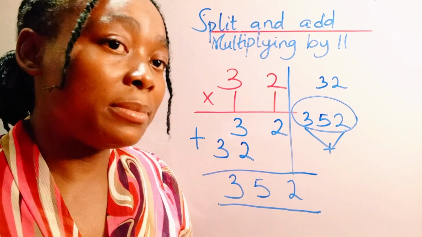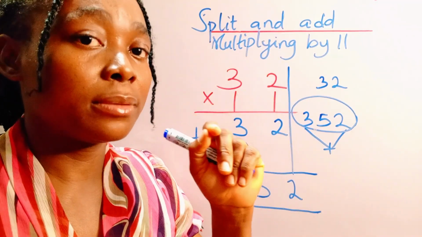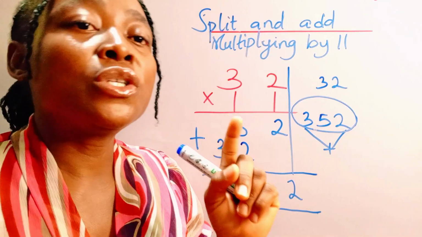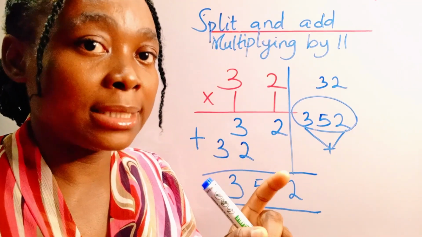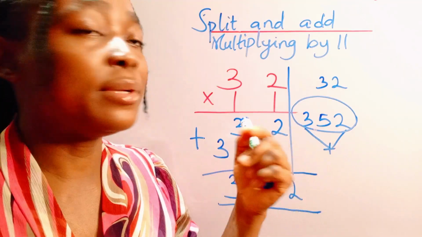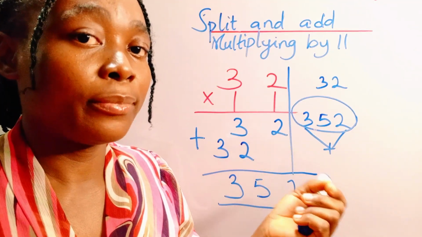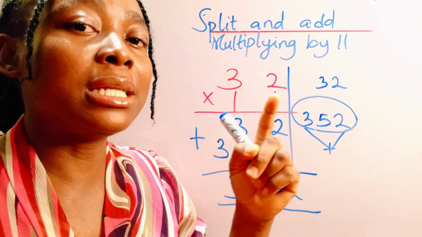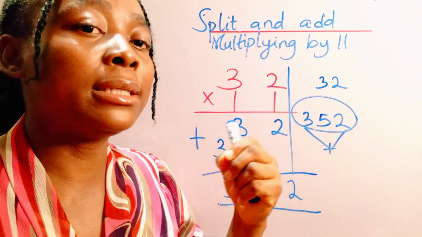Then let's go to the limitations. What are the limitations of the split and add method? Now, number one is that it doesn't work very well with 3-digit numbers. Multiplying with 3-digit numbers, it doesn't work very well with that. That's the first. Now, the second limitation is when you are multiplying